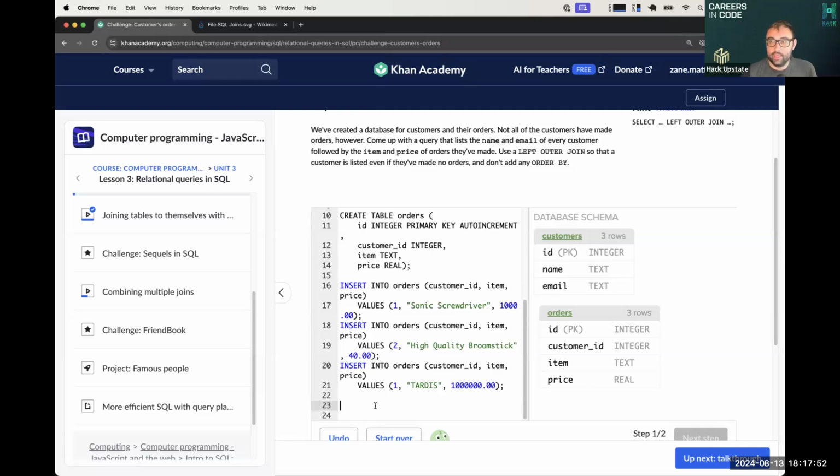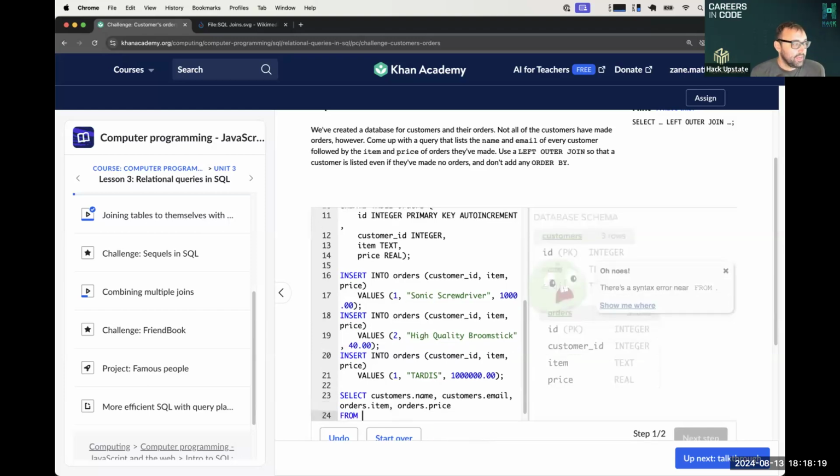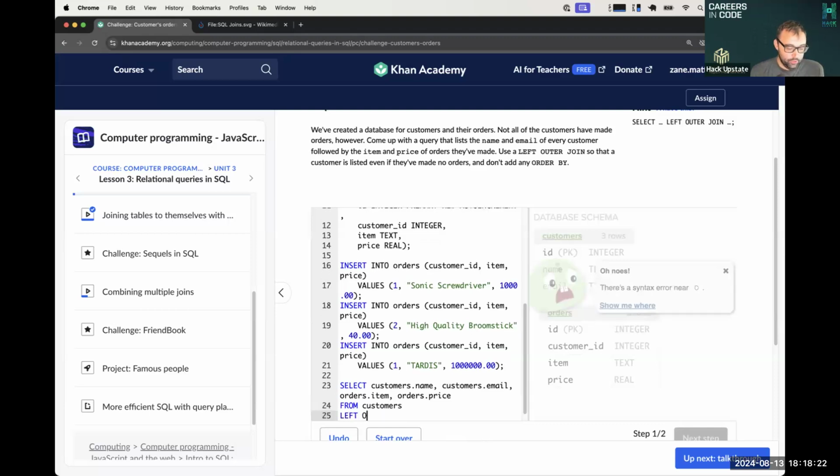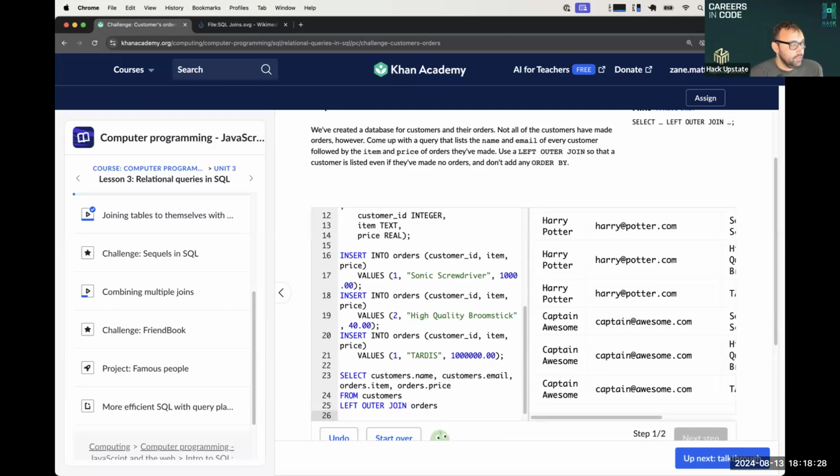Okay, let's go through this together. Use the left outer join so every customer is listed even if they have made no orders. So we are going to say get the customer's name, get the customer's email, get the item that they ordered from the orders table, and get the price also from the orders table. We're going to say that comes from customers, and we're going to left outer join because we want all of the customers, even if they're not in the orders table, and then we need to tell it where the overlap is. So the customer's ID matches the orders